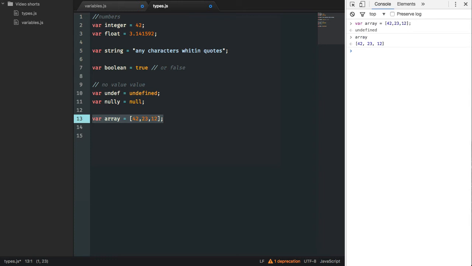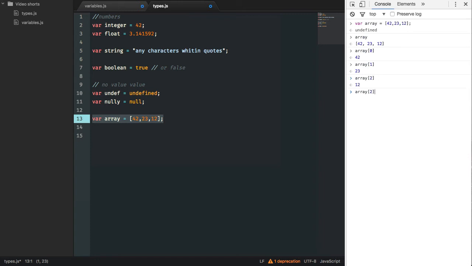These 3 numbers comma separated and with square brackets around it. So to get one of them out, I have to type array and square brackets and a number. And the number is the index, the storage shelf address. And the first one is called 0. And that will give me back 42. 1 is 23. And 2